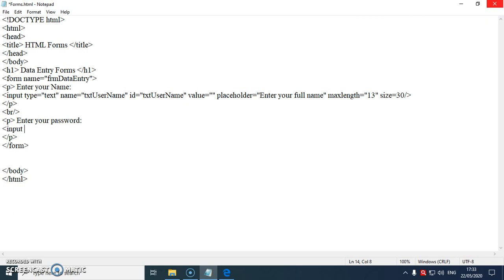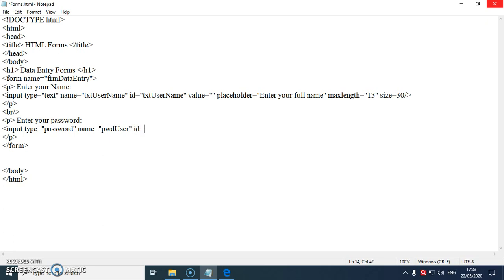Input tag with which attribute? Type attribute, and its value should be type is equal to password. And what? Name. I'll go fast because I hope you have understood. Now the prefix for password in my case will be pwd, and I'll say pwd user. I'm only using this much as the name.